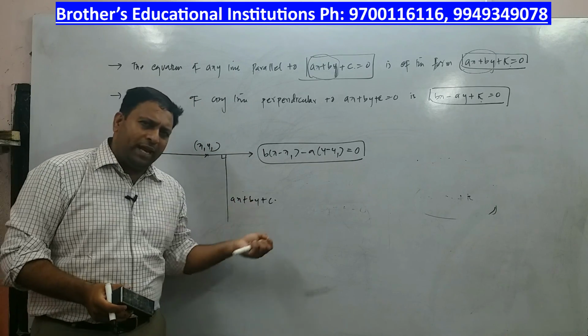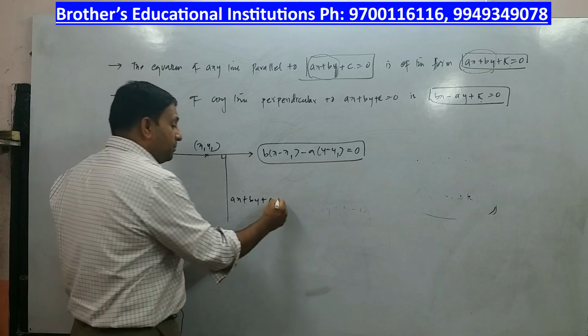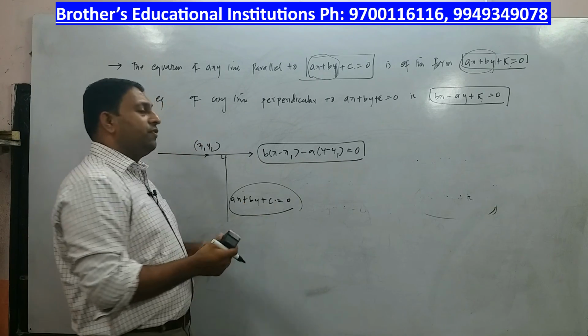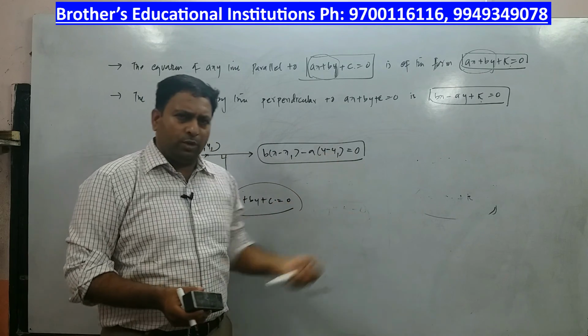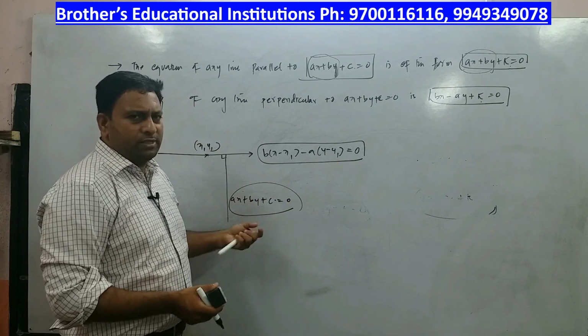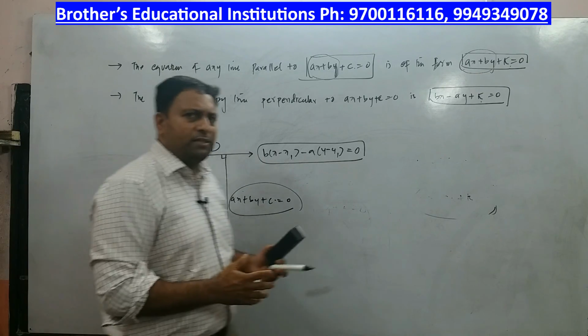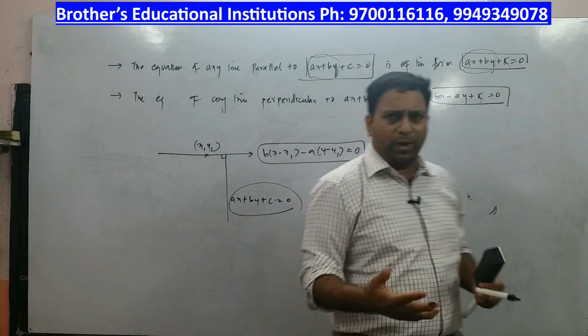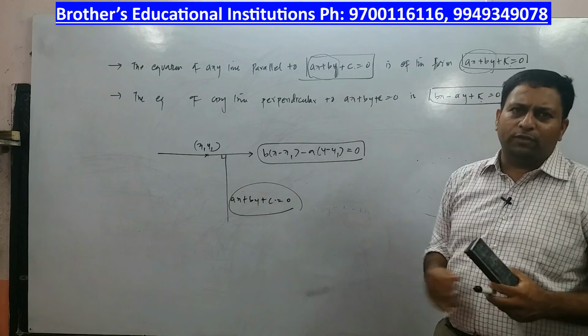The equation of any line passing through point x1, y1 and perpendicular to ax plus by plus c is equal to 0 is of the form b into x minus x1 plus a into y minus y1 is equal to 0. So you may note down and try to understand these are the different forms. Whenever there are parallel or perpendicular formats given to you, you can work out problems in this way. Alright, so I want you to pause the video, draw these figures and then move on for the next concept.